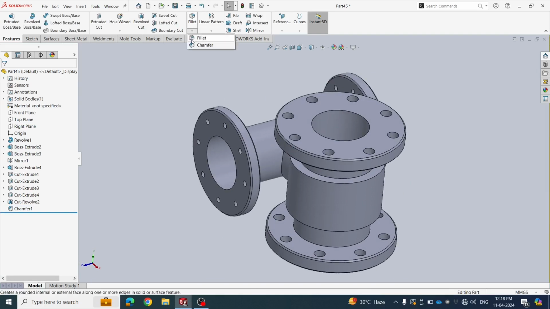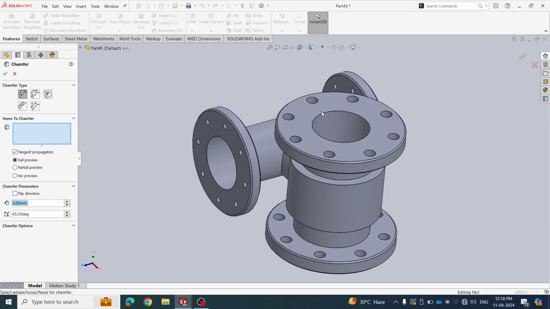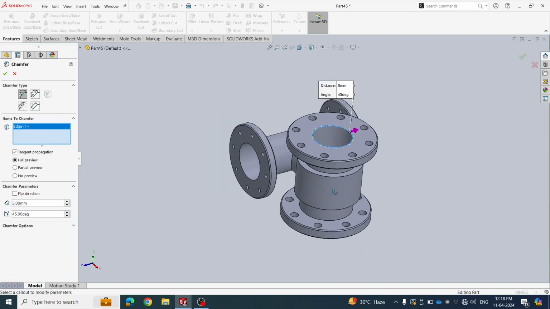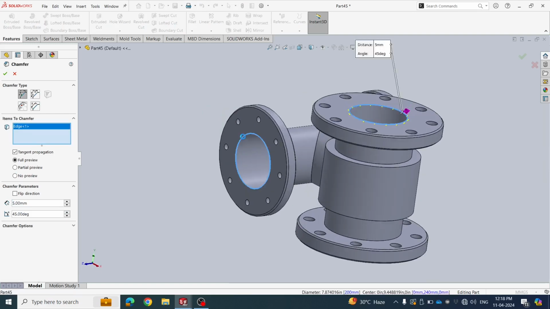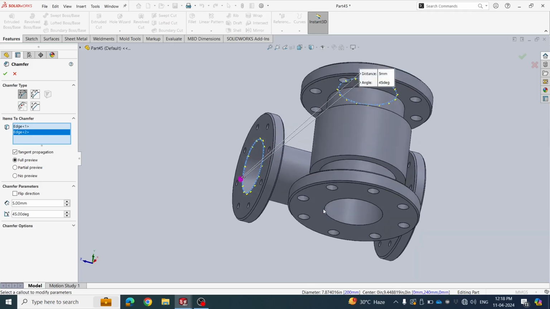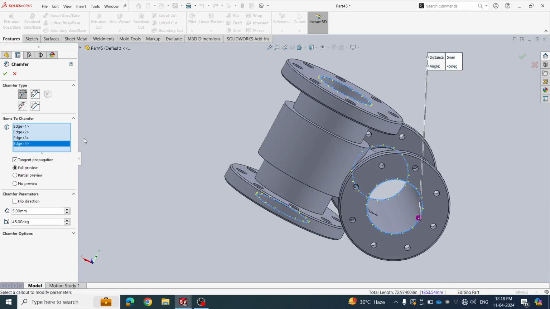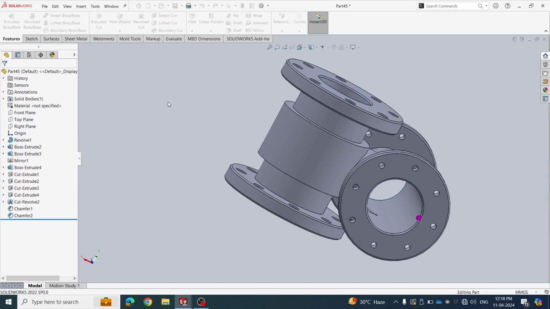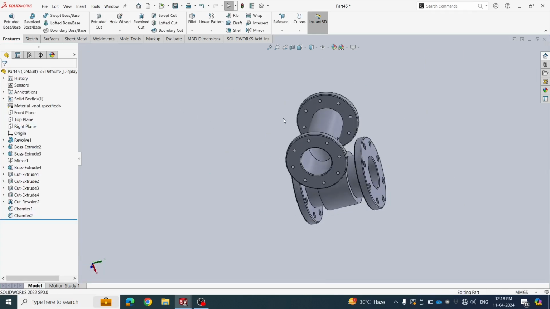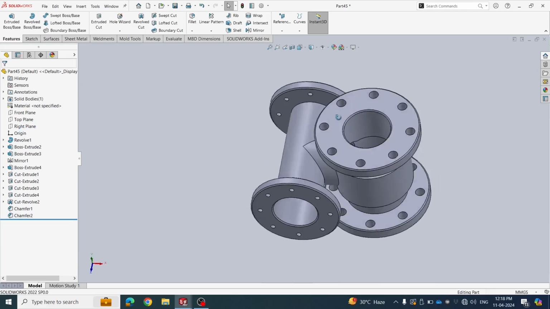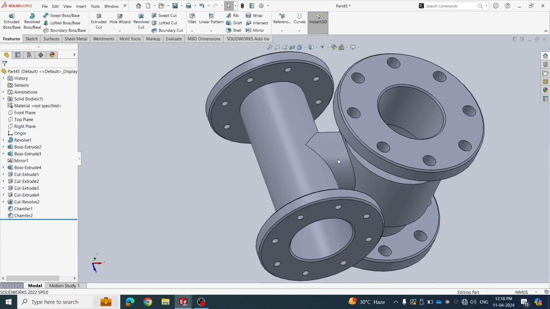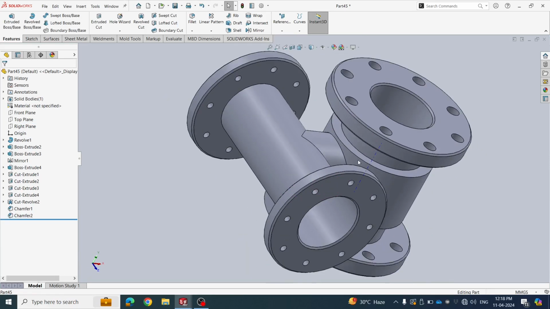Then we need to again use chamfer tool, then use to flange edge. Click here and this face and this. Click OK. Yes, it's looking good. And here need to closely joint,